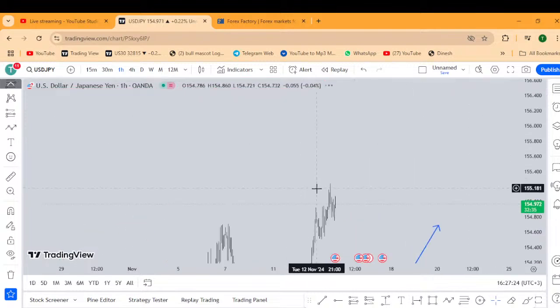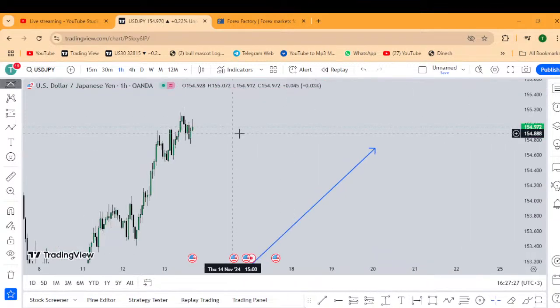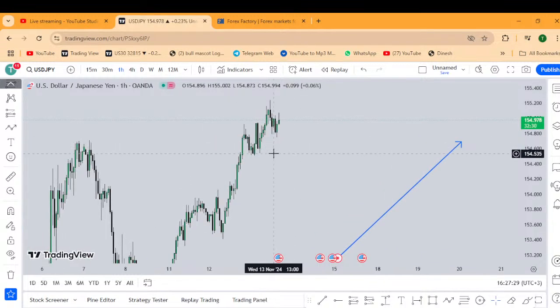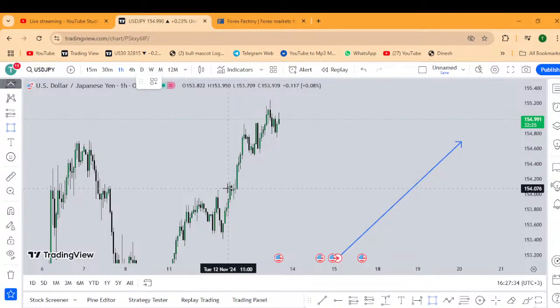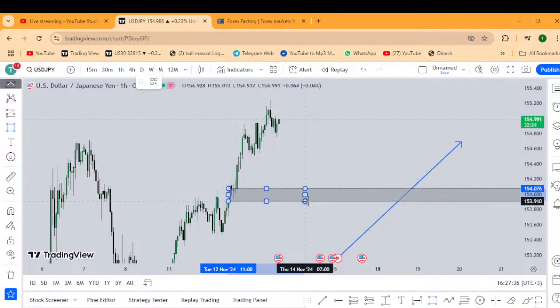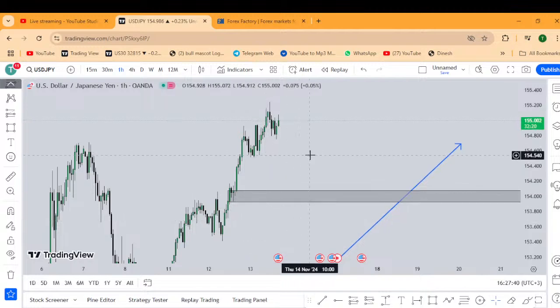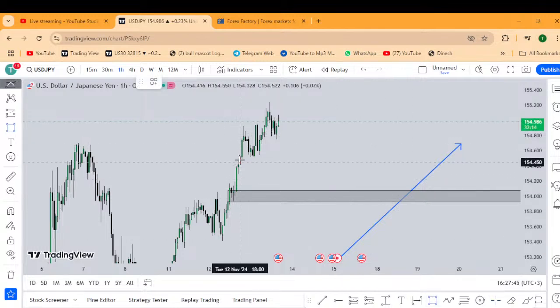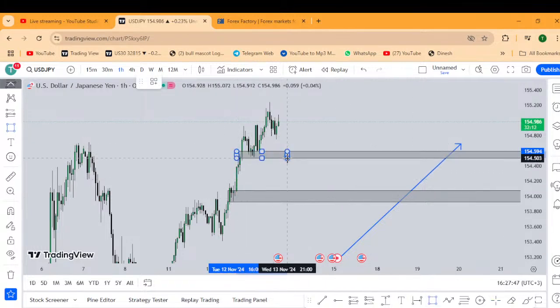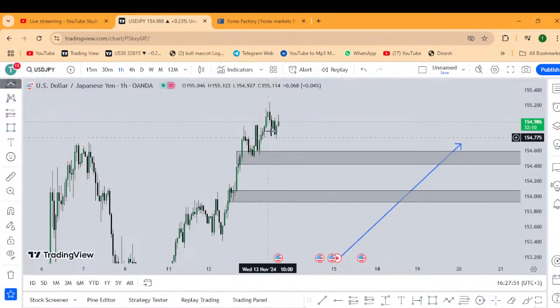This is how the 1 hour looks, and it looks like they are more likely to also proceed with the buys. So we have this zone here. I'll just draw the zones because of time. We have this zone here, if they happen not to respect the trend. But if you look here, they have already respected the buys, so the buy trend is already on the move. And always remember these fundamentals, they are just catalysts. They just pump the market to proceed within that trend. So we are saying that it's already a bullish trend.